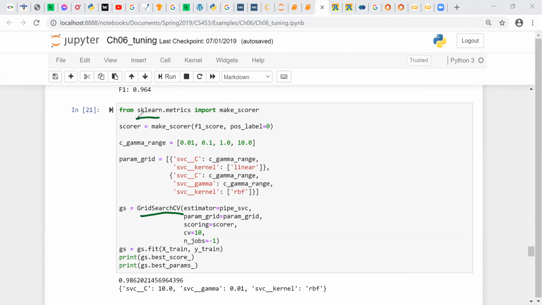So in sklearn, the metrics, you can also import the function called make_scorer. And then you specify what score you want to use. Over here says, okay, I'm going to collect F1 score. This is the parameter C, regularization. Then you say, okay, I'm going to apply support vector machine, with this range of C parameter and the different